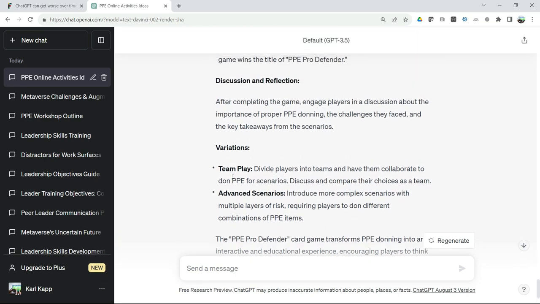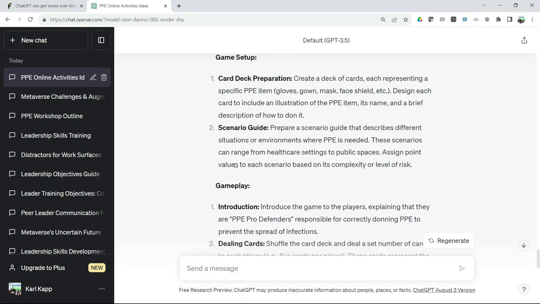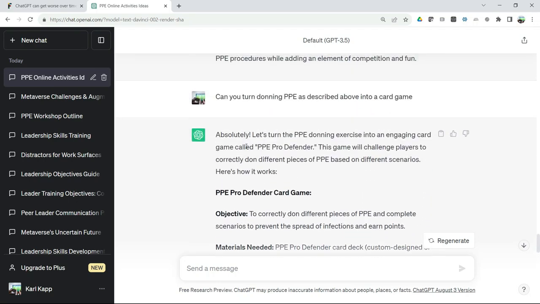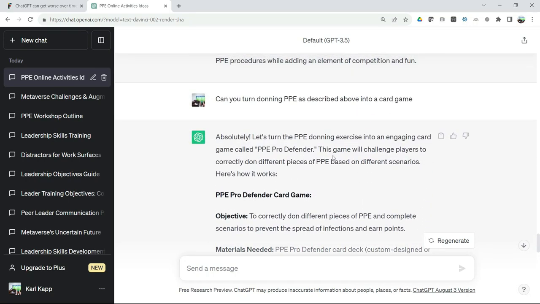So you can see you can generate a lot of really good ideas about what kind of activities you want to present to learners. And even, my favorite, of course, is create a game based on the subject matter that you're describing. So this is a really great way to generate ideas and concepts for your design of instruction based on using ChatGPT's powers. So as I close out the video, I just want to give you a warning about